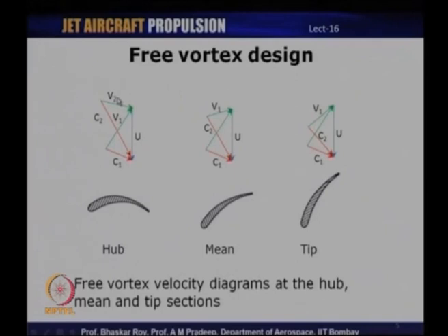The other significant thing that you can try and notice is that during our discussion on degree of reaction, we have seen that when degree of reaction is close to 0.5 or is equal to 0.5, the velocity triangles become symmetric. So, that is something that you can try to see here at the mean cross section of the blade. We can see that the velocity triangles are more or less symmetric, and this is an indication that the degree of reaction here is likely to be close to 0.5, whereas at the hub and the tip it is